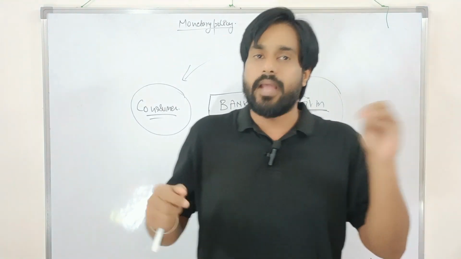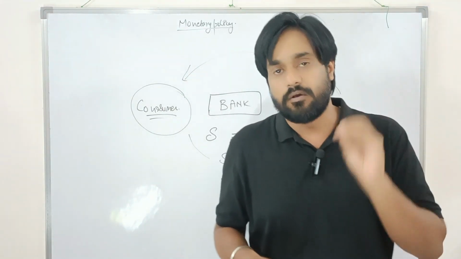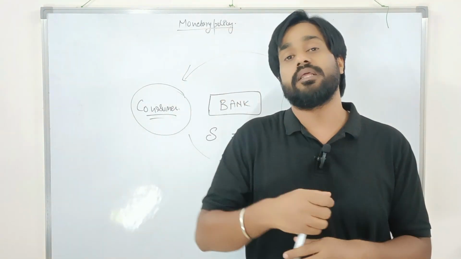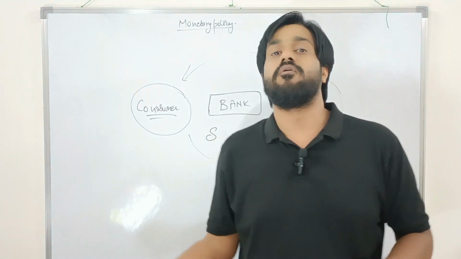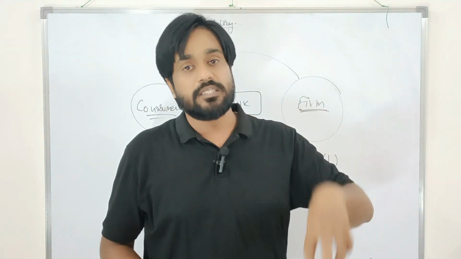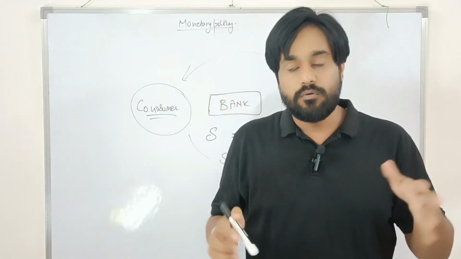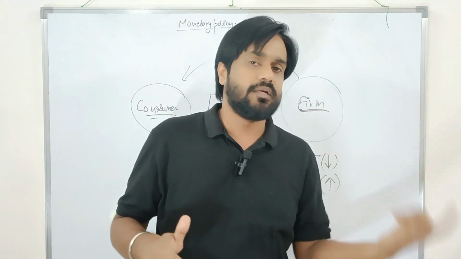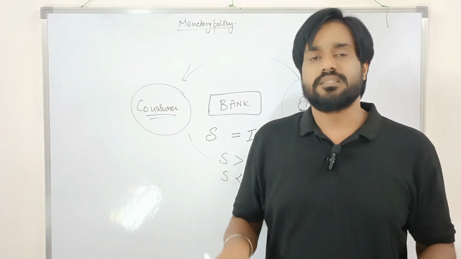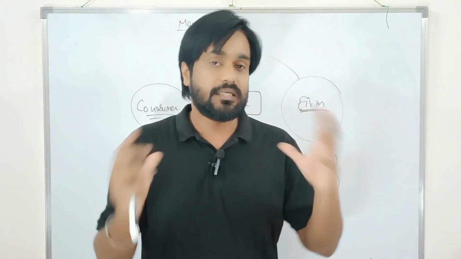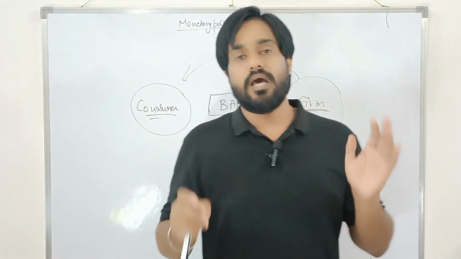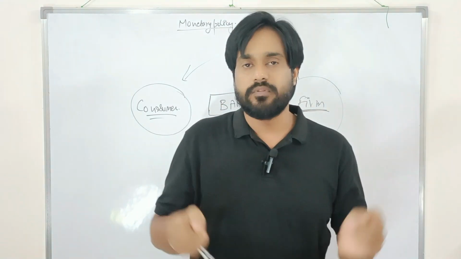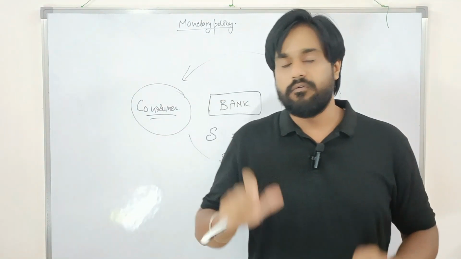Similarly, banks play a major role in the economy. If people get a lot of money and are consistently spending in the economy, the impact on the economy will be very bad. Maybe there will be the problem of recession, and unemployment will increase. To control all these scenarios, because inflation is directly connected to the foreign reserve, petrol prices, gold prices and all that, it has an impact on a large scale in the whole economy. So that's why the RBI plays a very important role to control the total flow of money in the economy through the process of monetary policy.